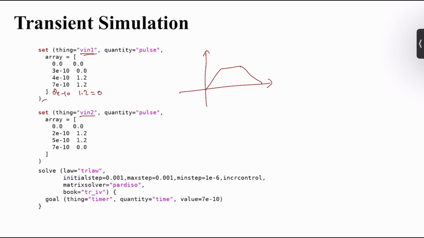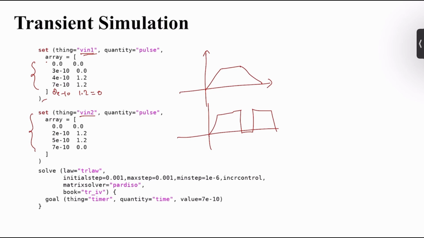That's why I reduced this and did two times of this. You will see the transient analysis graph in the next few slides. Same for V input 2: I applied some pulses at V input 1, then some pulses at V input 2. Then we solved that